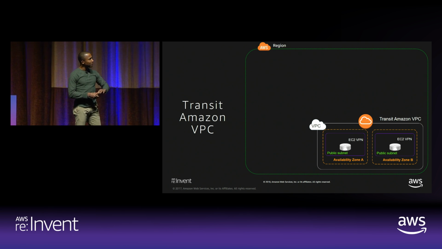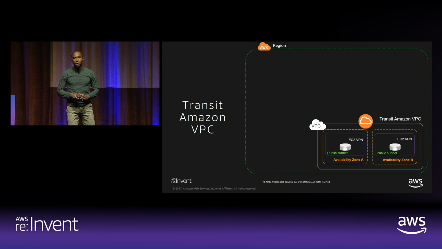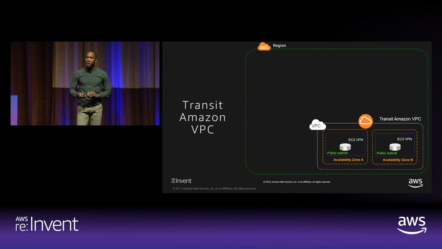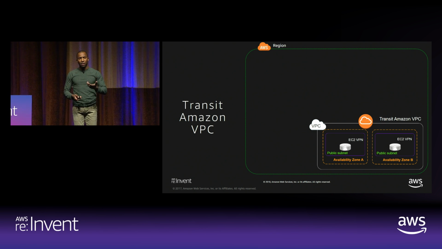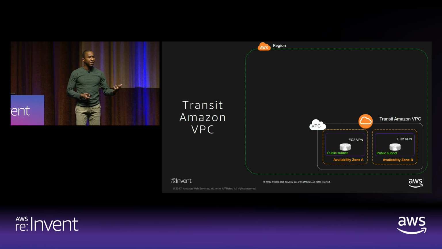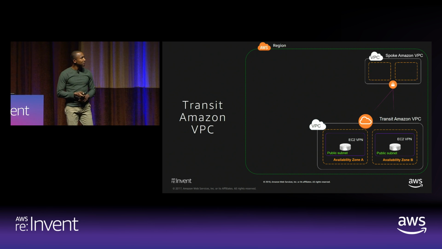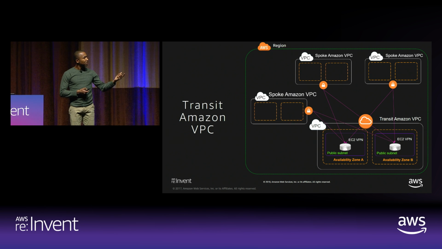The very first attempt at achieving this seamless connectivity was to introduce the Transit VPC. The Transit VPC used a software appliance like a Cisco CSR 1000V router, which gives it the ability to create IPsec tunnels to VPCs across the world, but also create an IPsec tunnel or a connection to a Direct Connect link back to on-premises. The thing with that is you had to manage those tunnels and the infrastructure that supported it.